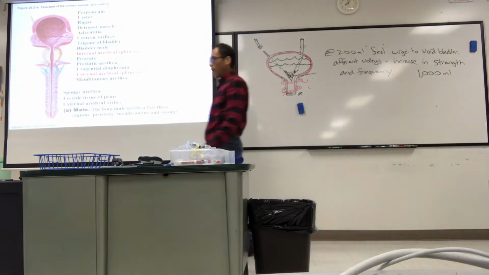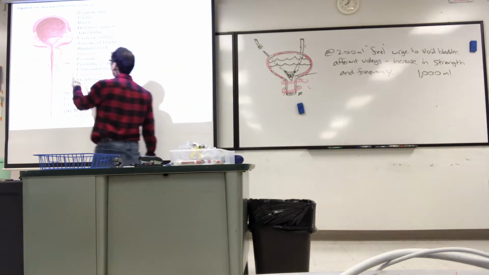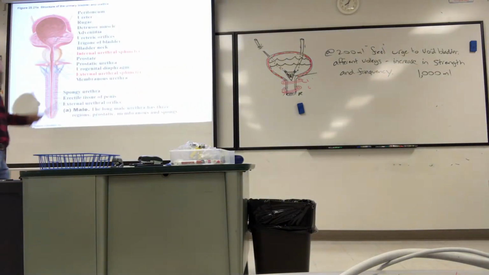You can see that when the bladder is empty, it has rugae, just like the stomach has rugae. That just means folds. But as it fills up, it stretches out, and it has a capacity of about 1 liter of fluid. Okay. Let's see. So yeah, that's about it for